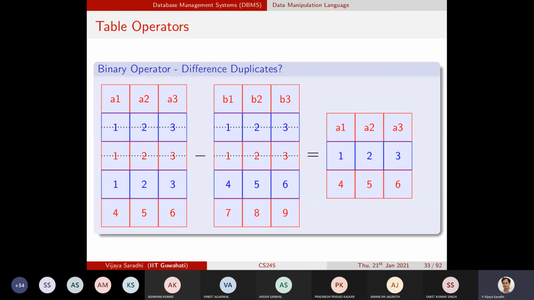So let me ask this question. Is the first instance of 1, 2, 3 in table A present in table B? It is present in the first instance of table B. Is the second instance of table A present in any of the rows apart from the first instance of table B?